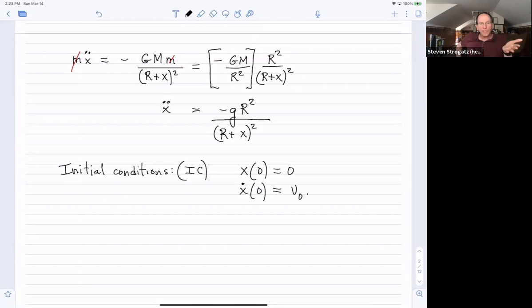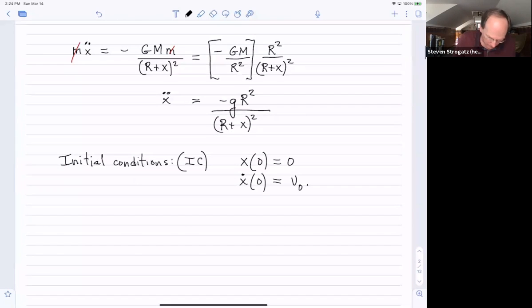And we're thinking of a toy rocket. So this initial velocity is going to be small compared to the escape velocity. I mean, we're not going to launch the rocket so that it goes into outer space. It's a small quantity compared to the escape velocity for the Earth. So let's formalize that as follows. We're going to assume